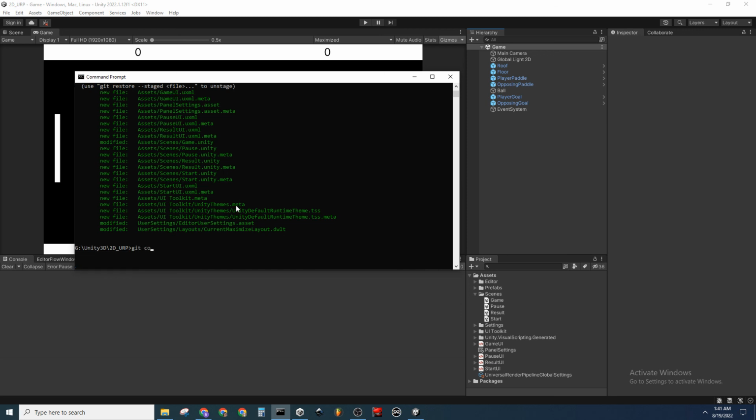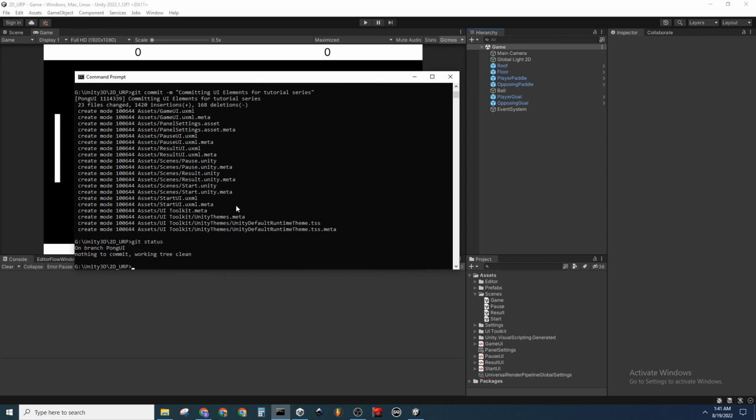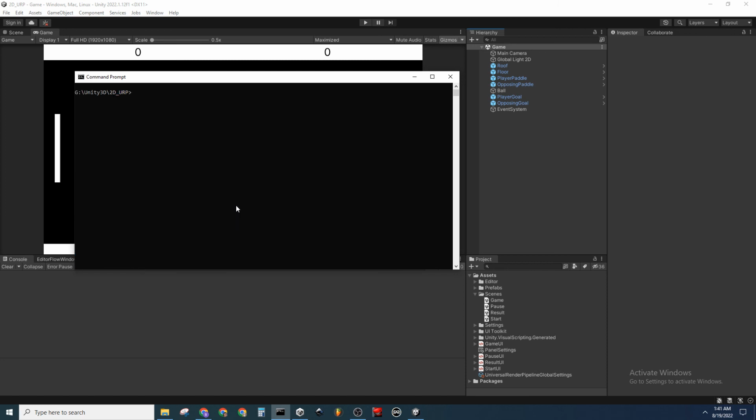So then we will do git commit -m, which will allow us to do a quick message, and we will say committing UI elements for tutorial series. Click enter, and now everything is committed. So one more time, we'll say git status, nothing to commit, working tree clean. Alrighty,